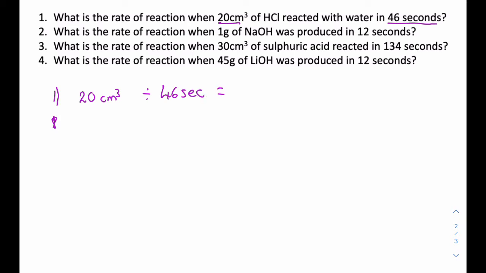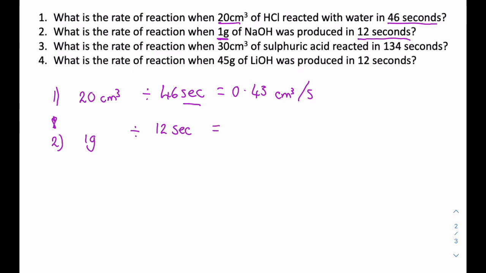That gives me an answer of, if I round it to 2 decimal places, 0.43 centimetres cubed per second. Question 2. What is the rate of reaction when 1 gram, so that's our amount of NaOH, was produced, so we're looking at products this time, in 12 seconds. Same equation, you do your amount, so my 1 gram divided by my 12 seconds,